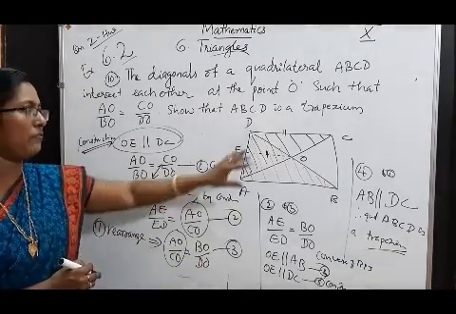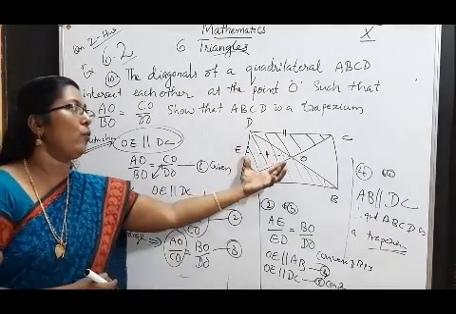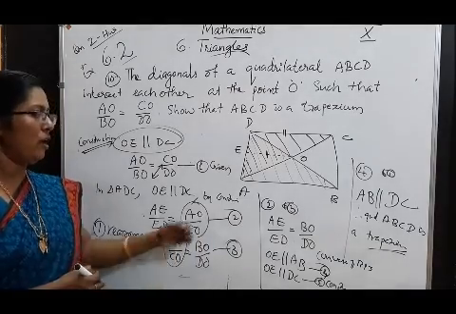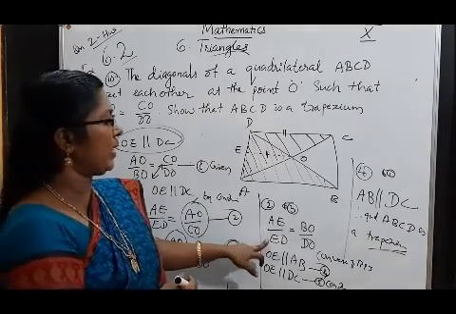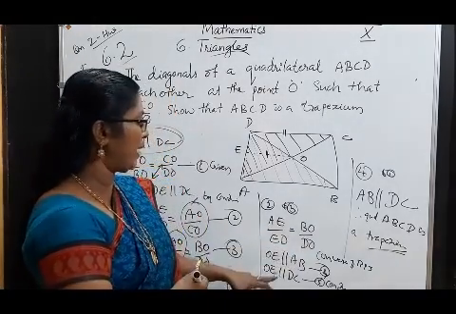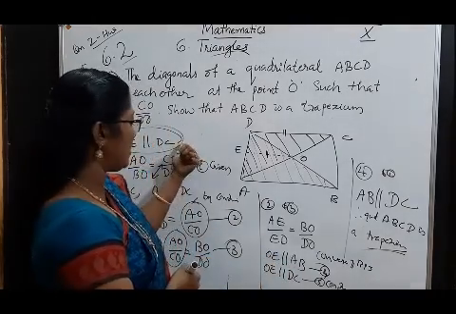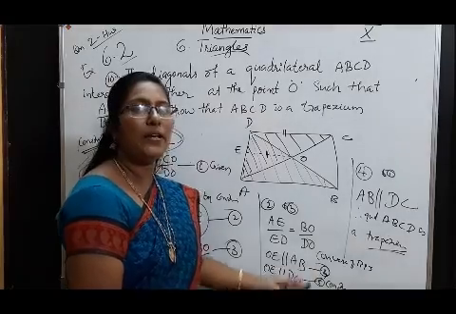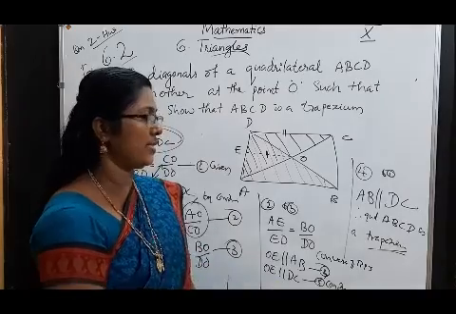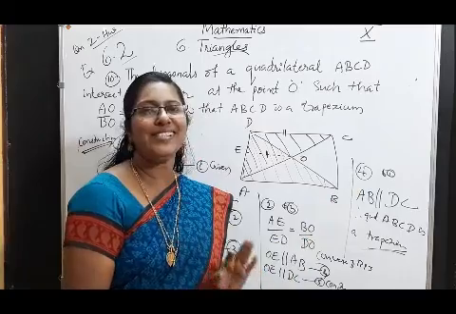Okay. Here the given AO by BO, CO by DO, rearranging this as AO by CO equal to BO by DO. In the triangle ADC, we construct EO parallel DC. So we can write AE by ED equal AO by CO. By equating AE by ED and BO by DO, by the converse of BPT, these two lines are parallel. OE parallel AB. By construction, OE parallel DC. By using these two, we can conclude AB parallel DC. If a pair of opposite sides are parallel, the given quadrilateral is trapezium.